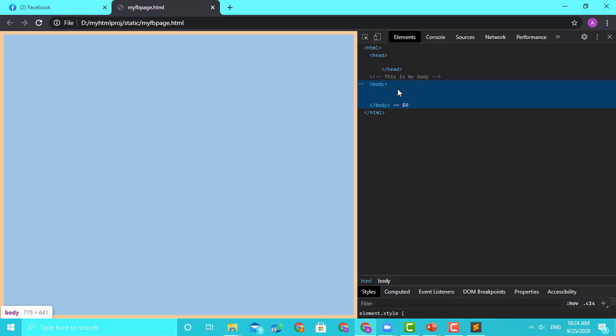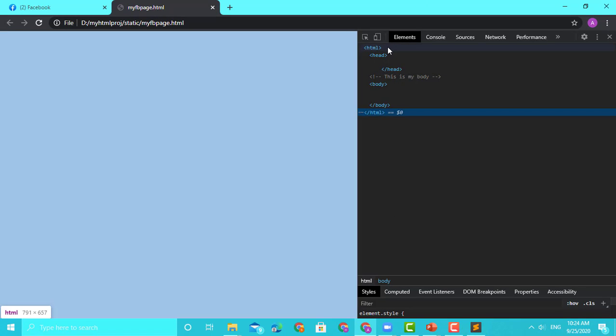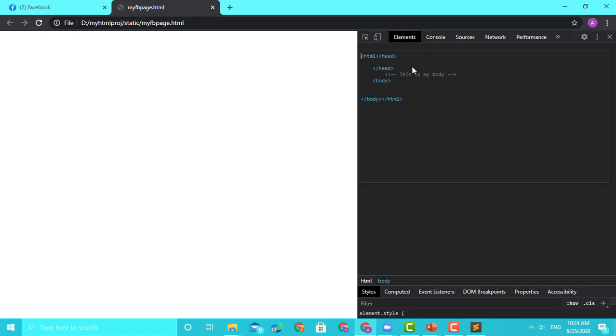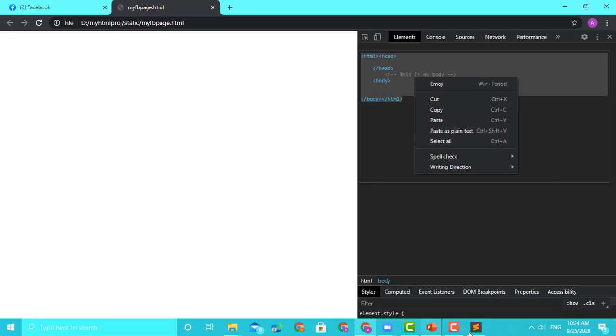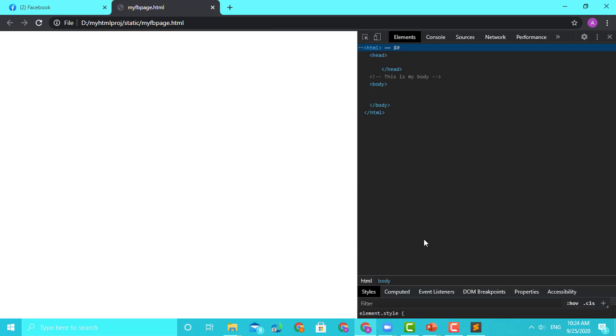I can just do the changes here, but I prefer that if you want to do this, you do all the changes, copy this entire HTML, go to edit HTML, select all, right click, copy, paste it here and save it, so that it's good. Now this is my page, this is my head. Here I see the name of the page. Let's start with changing this.